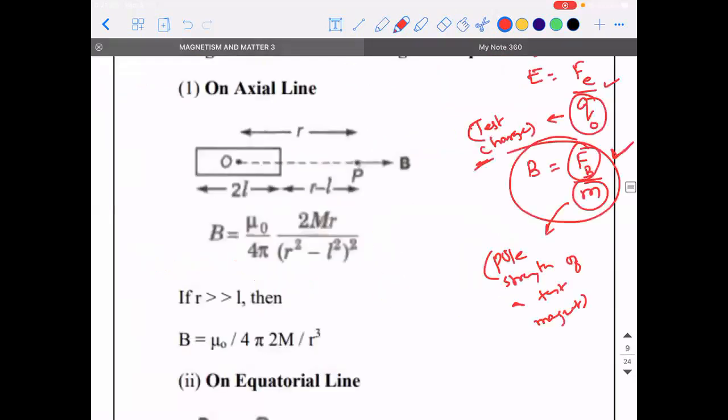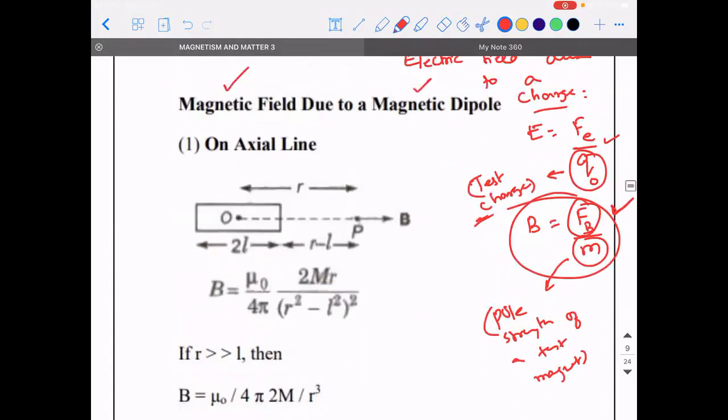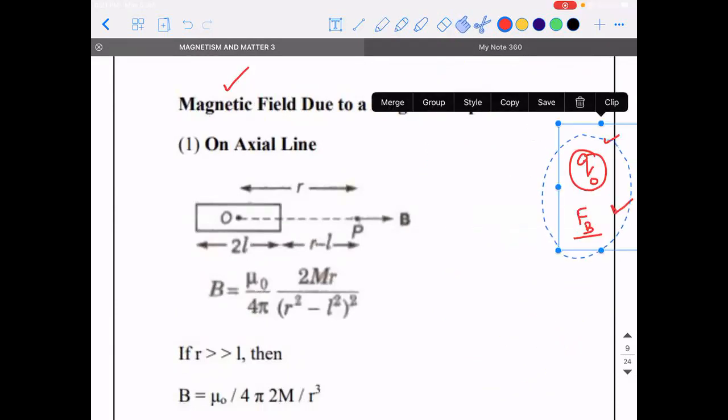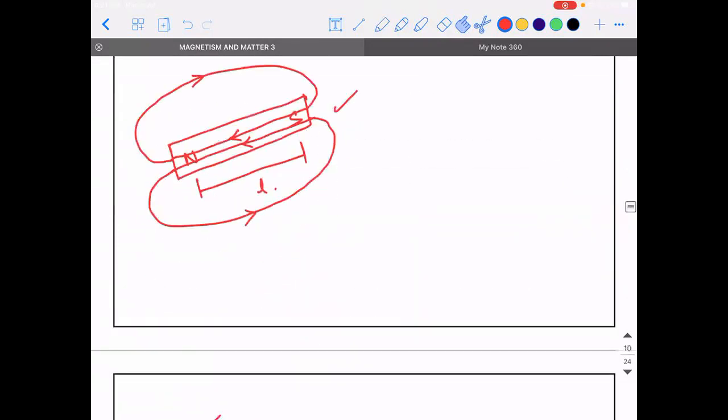Now we are going to see the derivation of it. Sometimes they ask the derivation also, so at that point you should know. How did we derive the electric field due to a dipole along the axial point? We found the electric fields separately and added them using vector addition, correct? In a similar way, you will do it for the magnetic dipole moment also. We'll be doing the same thing.